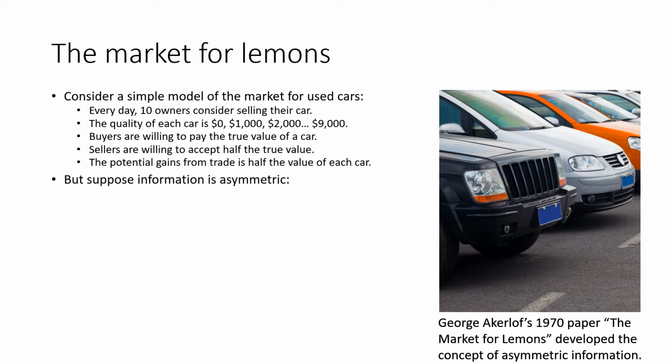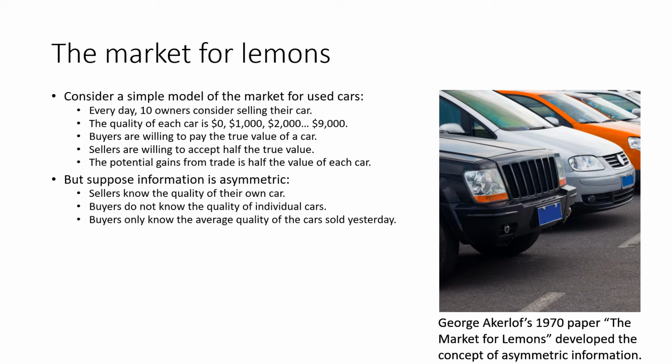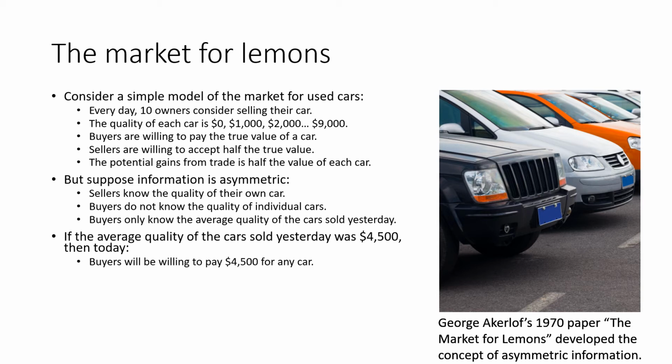But suppose information is asymmetric, meaning one person has more information than the other. In this scenario, who do you think will have more information? Sellers know the quality of their own car. Buyers do not know the quality of individual cars. Buyers only know the average quality of cars sold yesterday. If the average quality of cars sold yesterday was 4,500, then today the buyers will be willing to pay 4,500